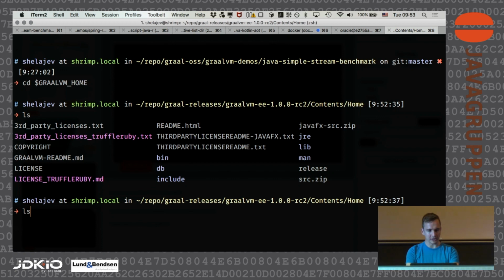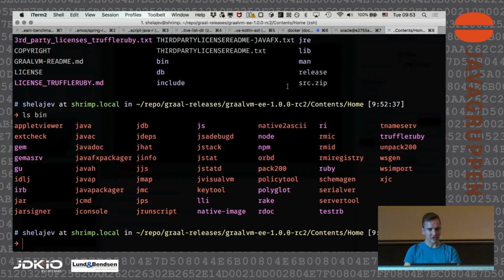So if you look at what you get in the package, it looks a lot like your normal JDK distribution. You can see in the bin directory where I have my executables, I have the normal Java, I have normal Javac, Javap, all the rest. I also have GraalVM specific executables there. For example, JavaScript to run JavaScript, LLVM interpreter, the npm executable, Ruby, R, and so on. And you can just run that. So if I do bin Ruby,